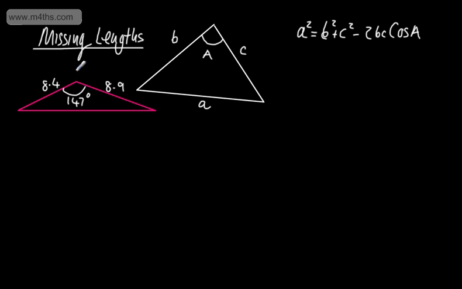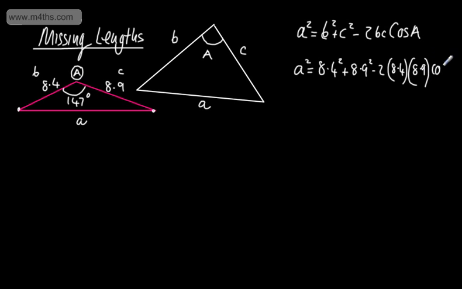I'm going to label this angle as capital A. We want to find little a, which is the length from here to here. I'm going to call the 8.4 B, and the 8.9 is going to be C. We can of course call these B and C the other way around. So a squared, the length I'm looking for, is going to be b squared, which is 8.4 squared, plus c squared, which is 8.9 squared, minus two lots of b, which is 8.4, multiplied by c, which is 8.9, multiplied by the cosine of the angle, which is